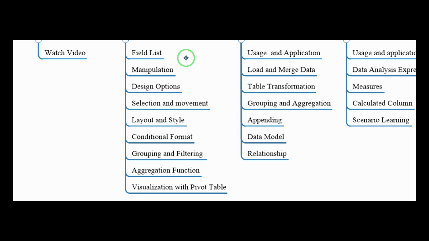In order to make it more clear, for pivot table, you should learn different things such as field lists, manipulation, options for designing, selection, movement, layout and style, because it enables you to have different layouts and styles based on your business need, conditional format, grouping and filtering, and aggregation functions. In some cases you may want to change the aggregation function, and of course the visualization that you can have